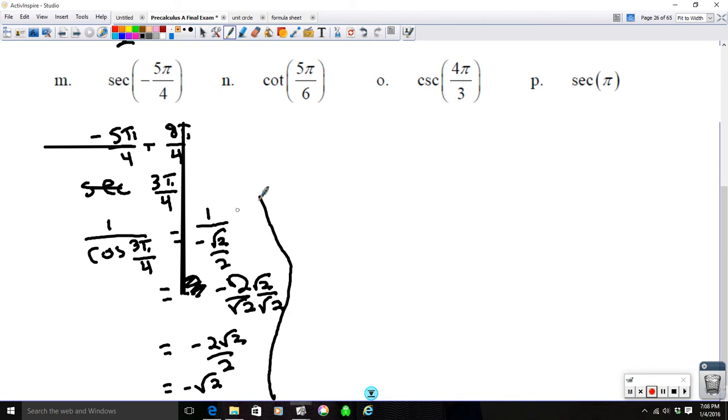Let me make a little section separating this. Cotangent, again, not on the unit circle, so this is going to be 1 over the tangent, 1 divided by the tangent of 5 pi over 6. So when you go to your unit circle for 5 pi over 6,